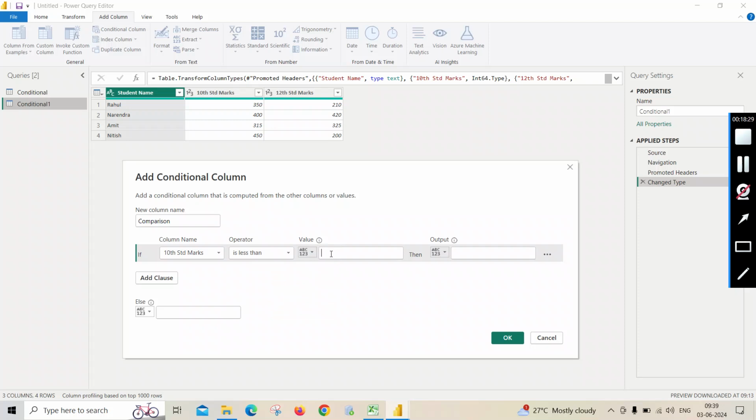Here we generally give input as a value, but here we have to select input as a column name. So here we have to select 12 standard marks. So if 10 standard mark is less than 12 standard marks,